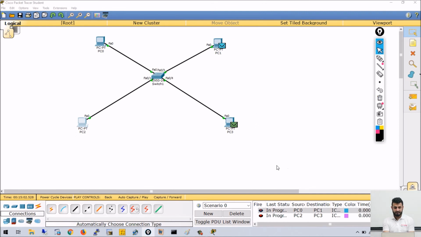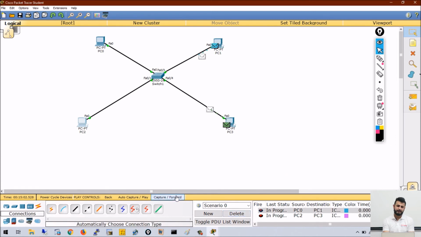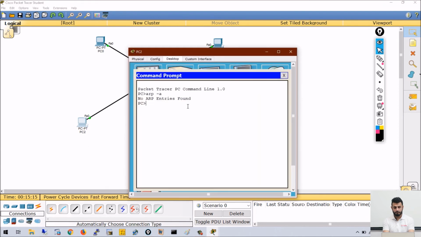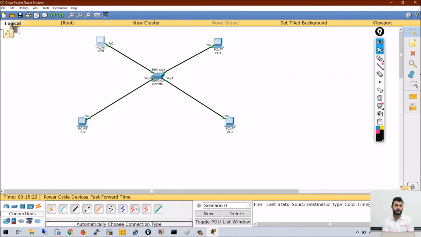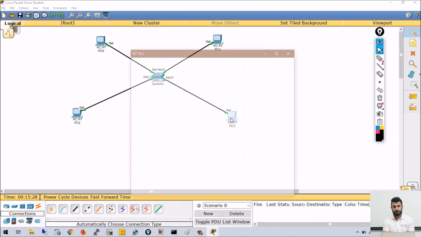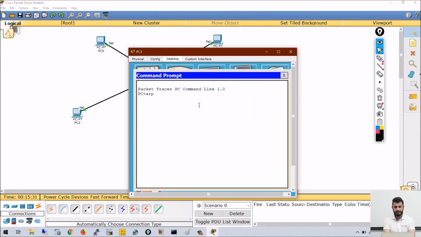Next is, will this computer be able to communicate with the other guy? Yes. Let me show you. Concentrate on the green packet, not the blue one. Now you can see this computer is sending the data, that is ICMP, because we were trying to ping, and the result is successful. So 10113 knows the MAC address of 10114. I am again repeating the same thing: 10111, 10112, 10113, 10114. Now if you check this computer, arp -a, it knows the MAC address of 10113.